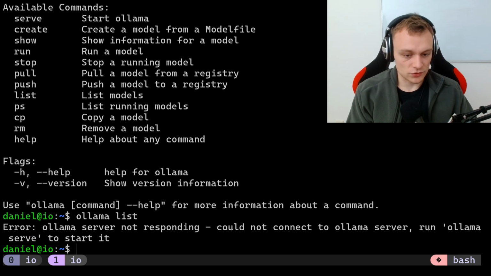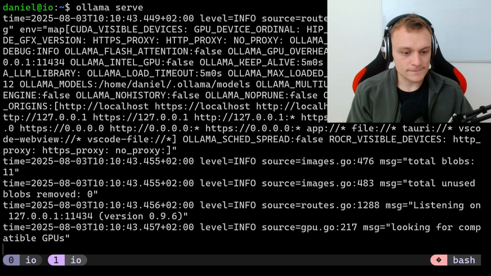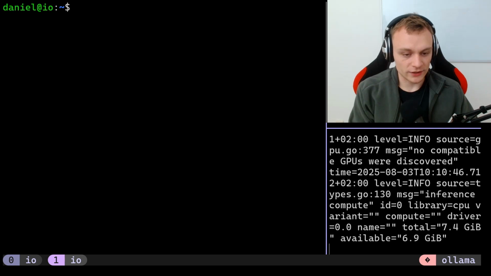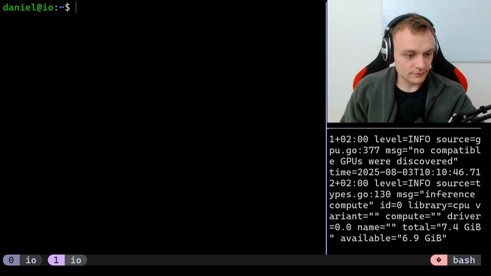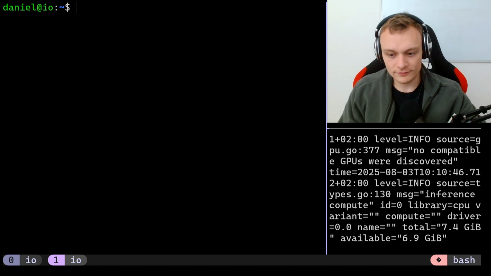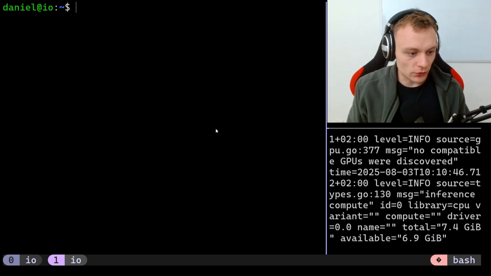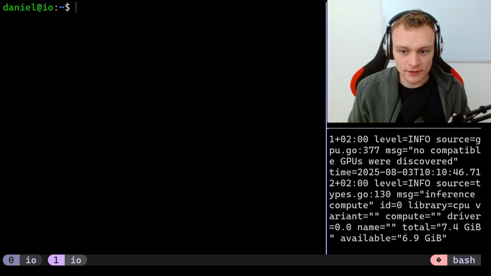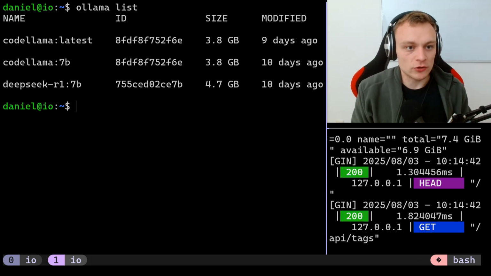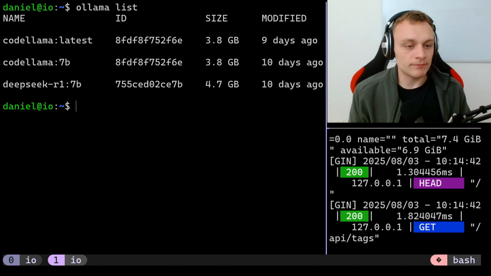List should actually list the models. Ollama serve, and this starts running Ollama. And now Ollama is running, and I should be able to do something like Ollama list here, which prints the